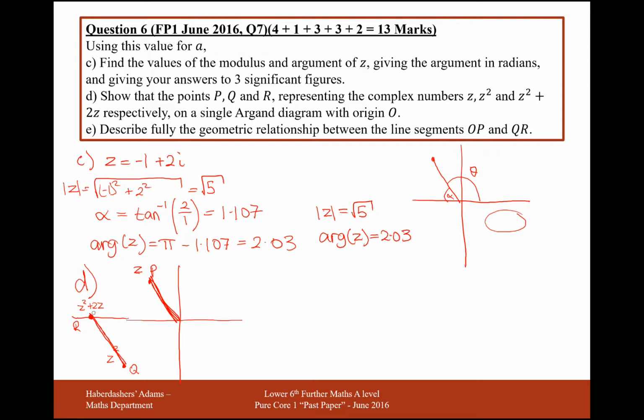So the only difference between the z squared coordinate and this 2z coordinate is that it moves by a sort of a vector of 2z, and this here moves effectively at a vector of z. What I mean by z is it moves left by 1 and up by 2, but if this is 2z, it's going to move left by 2 and up by 4. So the answer to this question here is that OP and QR are parallel,